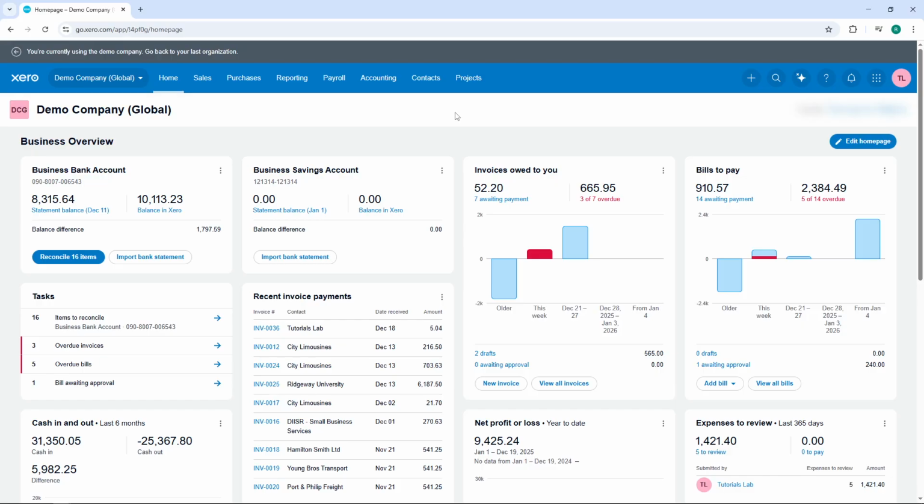First, open your web browser and navigate to Xero.com. Once you're on the homepage, sign in using your credentials. If you don't have an account yet, you can start a free trial to get access to all of Xero's features. After logging in, you'll be directed to the Xero dashboard, which is your central hub for managing all your